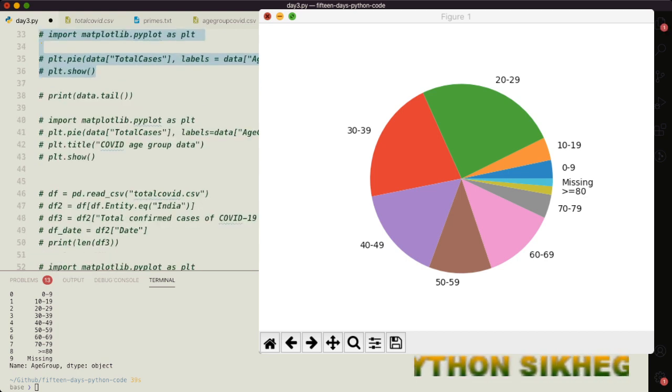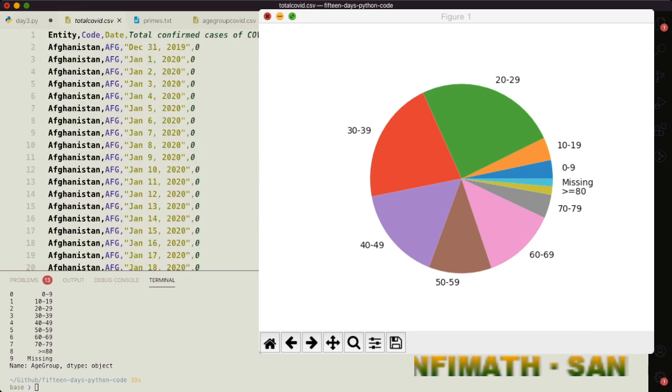Okay, let me give you some idea about the data. The data is actual COVID data of 4 months. Check this data, total COVID data. I have downloaded this from a website where it is available freely. I will give you the link later. Look at the data, try to get some idea about the data.